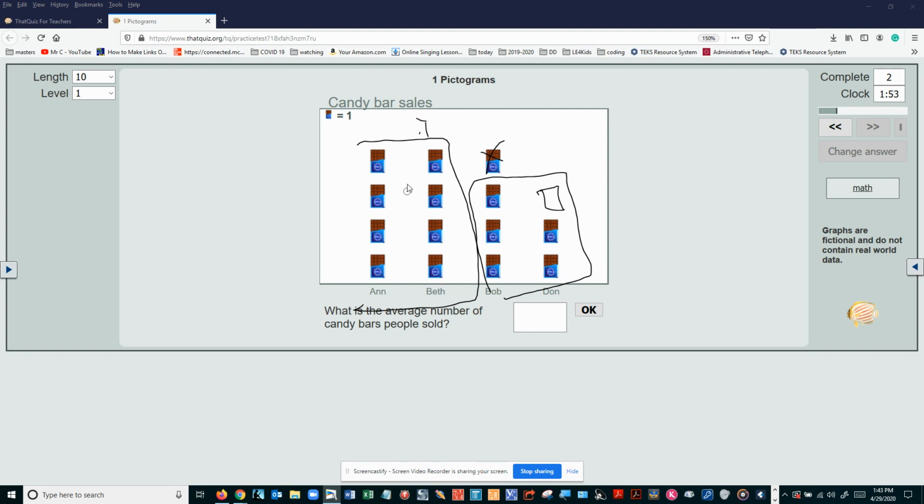It's going to be 4 a piece, and these are going to be 3 a piece. What's halfway between? 3.5, right? So the answer would be, if you round up, 4. So in this case,